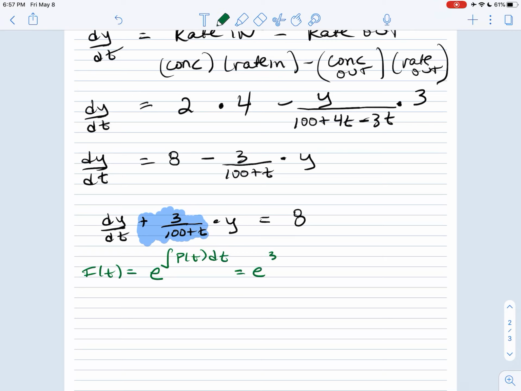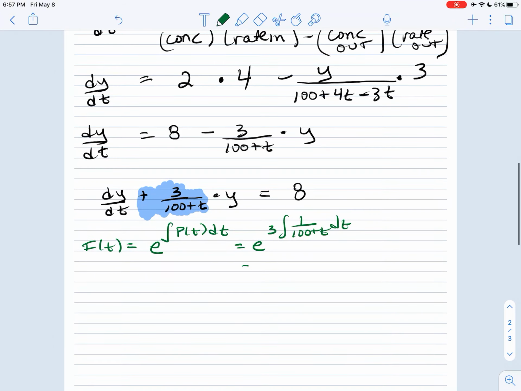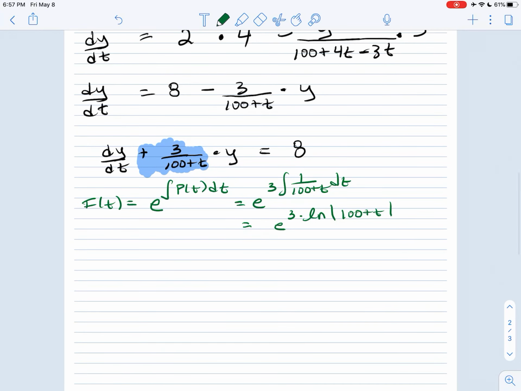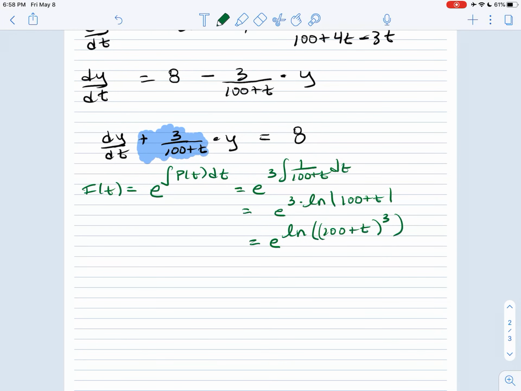So in calculating that, I end up with e to the 3 times the integral of 1 over 100 plus t dt. That gives me e to the 3 times the ln of 100 plus t. I'm going to put that 3 using log properties as an exponent inside the ln because I want to simplify my integrating factor. And so I have e to the ln of 100 plus t cubed, and e and ln are inverse processes of each other. And so my integrating factor here is going to be